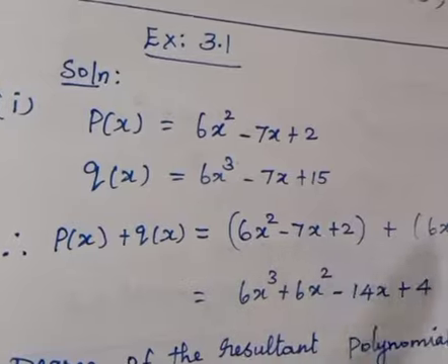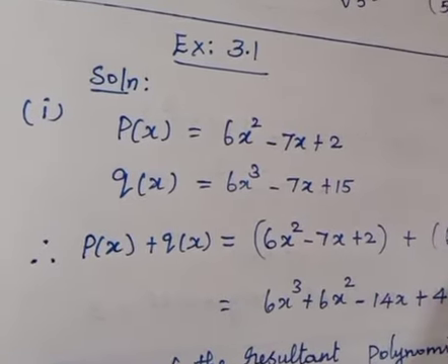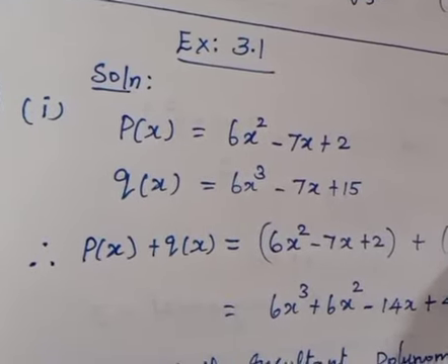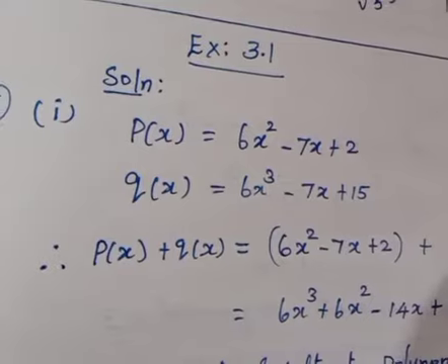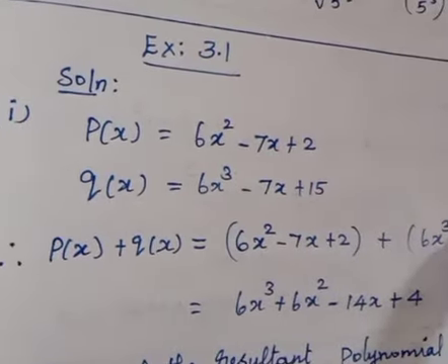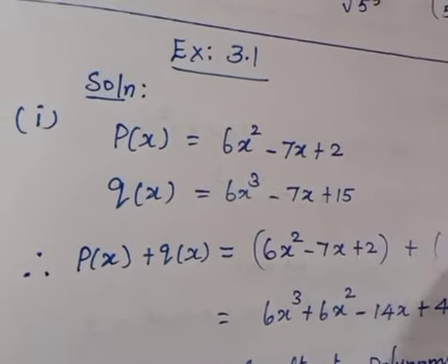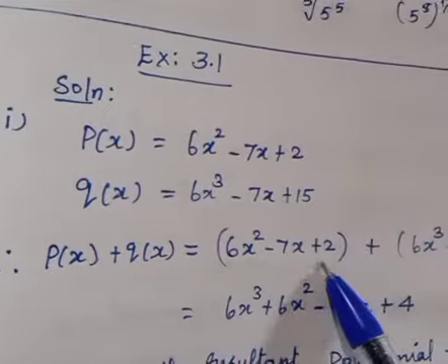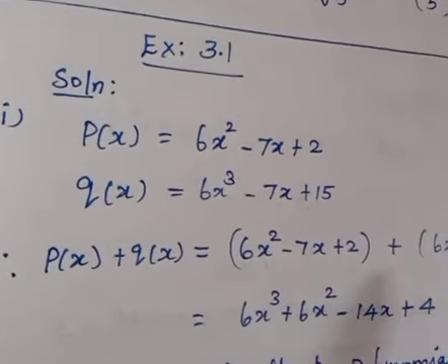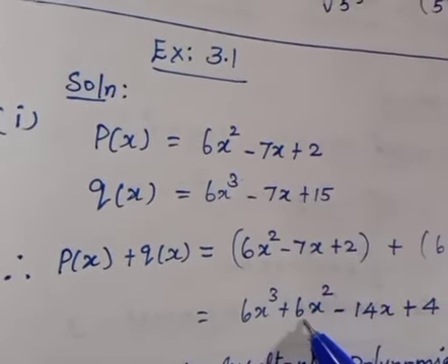For addition in algebra, you know, addition is possible only for like terms. Like terms means the same variable and same power. For these two polynomials, for the highest power, x cube, we have here 6x cube. Is there any other term with x cube? No. So just take and write 6x cube. Plus, then the x square term, how many are here? Only 1. Just take and write it with its symbol.